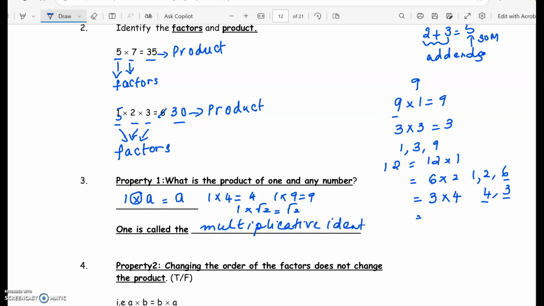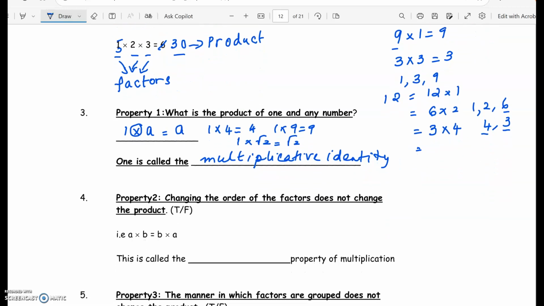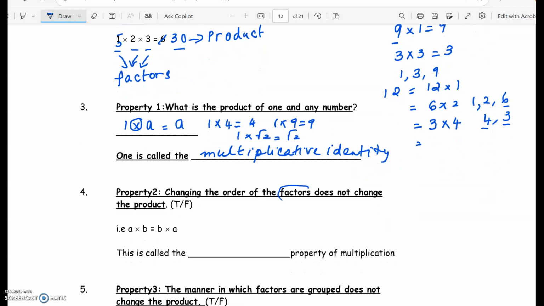Identity, multiplicative identity. Changing the order of the factors. So A times B, switch the order, has to equal B times A. 3 times 4 is equal to 4 times 3. So when you switch the order, it's called the commutative property